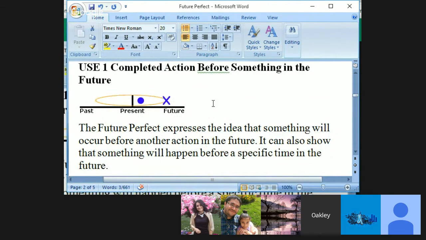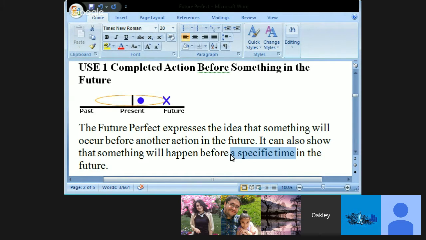It would be a line. Next year is a long time, 365 days. That is a non-specific time. By next year, or we can say by 2016,